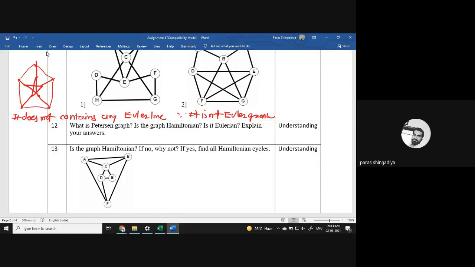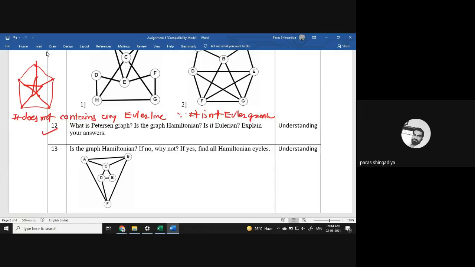No, sir. Okay, good. So it is also not a Hamiltonian graph. You can also verify that. Start with any vertex of the graph, visit all vertices exactly one time, and again reach back to the starting place. In any way, from any starting place, it is not possible in this graph. So same conclusion: it does not contain any Hamiltonian circuit, therefore it is not a Hamiltonian graph. Question number 12 is now complete.